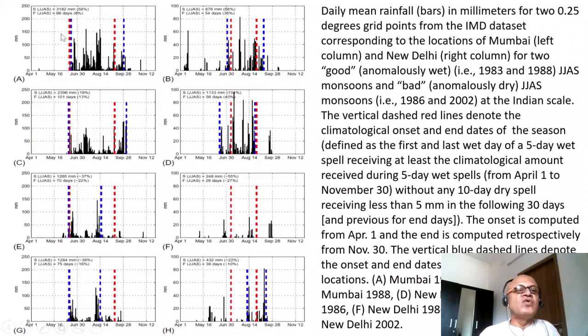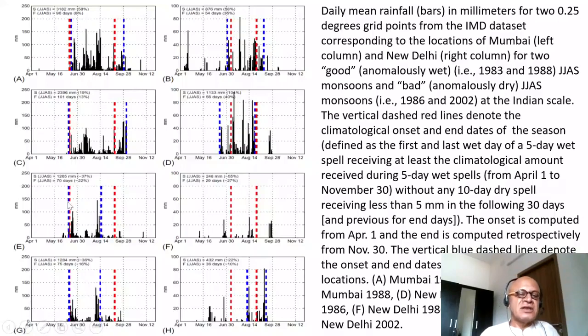Quickly zooming in, if you look at the different years, so here it is, I think, Mumbai and Delhi for 1983, 1988, which were both wet years, which means above normal years, and 1986 and 2002, which were both dry years. What do you want to look for? The red lines here are the long-term mean onset of rain at each place. So Mumbai onset and withdrawal, Delhi onset and withdrawal. So does that give us any sense of predictability?